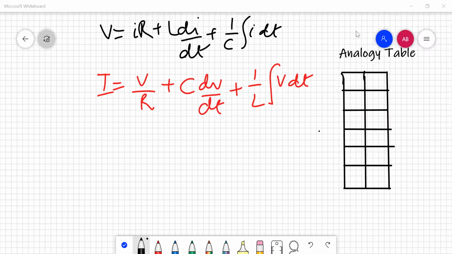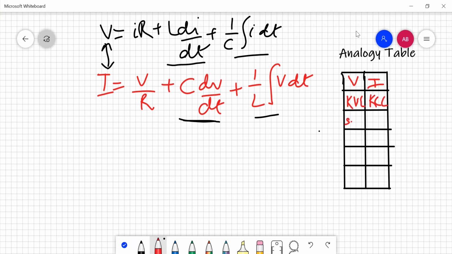From these two equations, I have just rearranged them. If there is a differential term, I have written the differential term beneath it only, and similarly for the integral term. When you compare these integro-differential equations, you are going to find the analogy of one component to the other. If you check the LHS of both equations, it means that voltage will be replaced by current. If we are applying KVL here, it will get replaced by KCL.